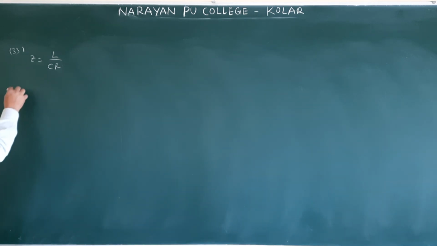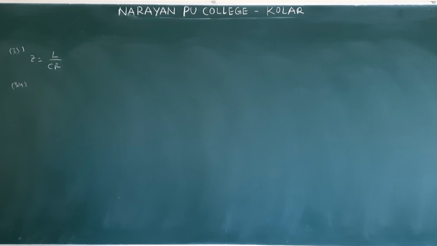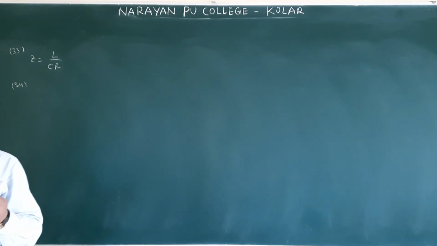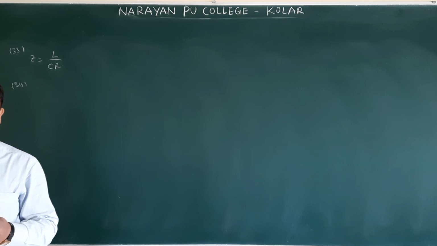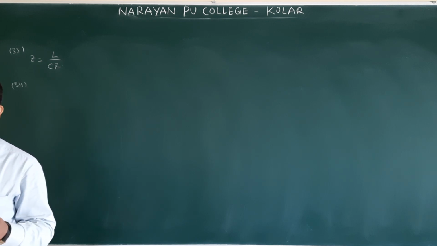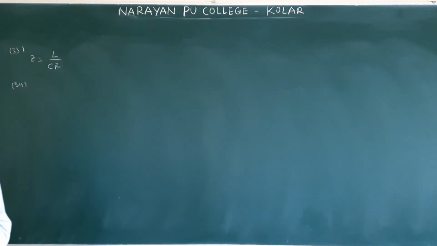See question number 34. That is a 3D question. The quality factor of an LCR circuit having resistance R, inductance L, and capacitance C at resonant angular frequency. They gave three options: omega naught L by R, 1 by omega naught CR, and 1 by R root L by C. All the equations are equal to quality factor equations. Therefore 1, 2, 3 are correct. Option 4 is correct.